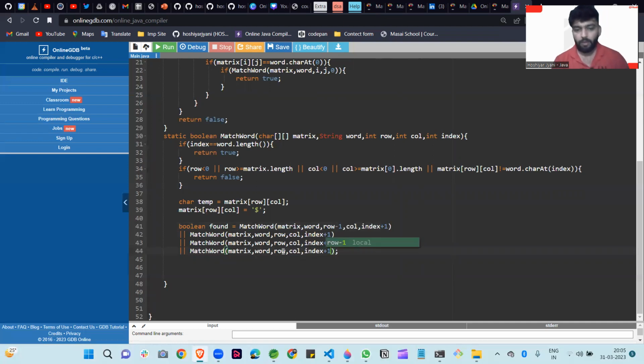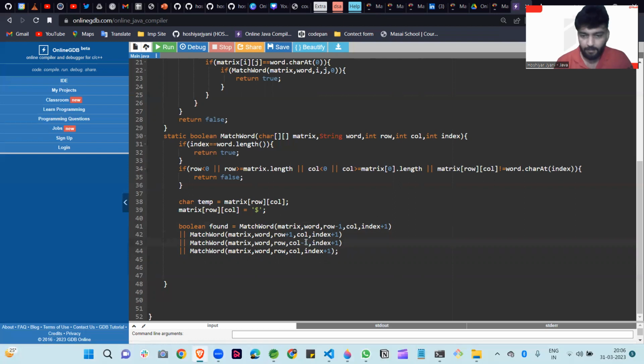If we go to any position, we will get the index value, the character of our word, when we iterate in our matrix. So that's why this is the necessary step for index plus one. This first method is for the upward direction, the second for the downward, row +1. Column is the same, row plus means we are going in the downward direction, and the third method is for column minus.